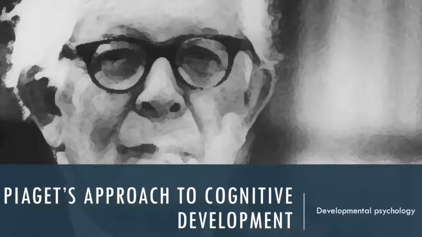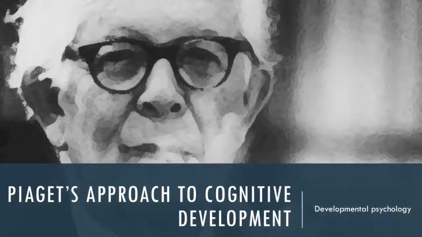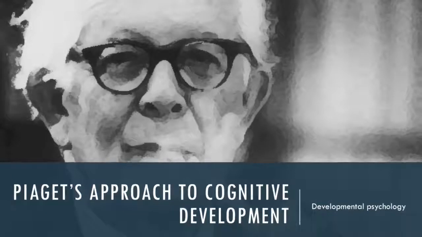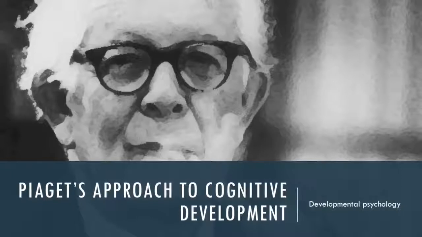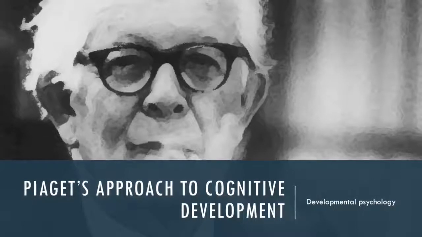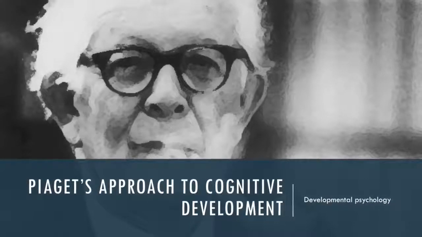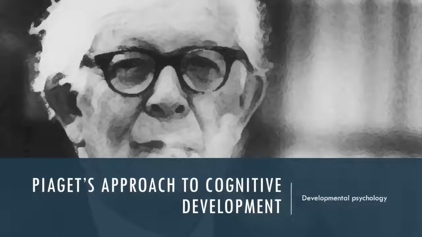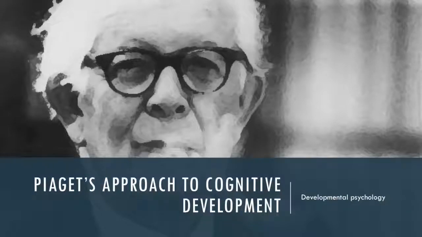Piaget's approach to cognitive development. This video will investigate Piaget's contribution to cognitive development, his theories of which relied on observations on children, as well as interviews and the experiments that he conducted about object manipulation. He looked at infants longitudinally, taking a long period of time, but looked at children cross-sectionally, or by the cohort.